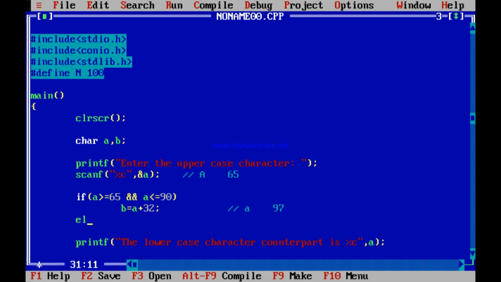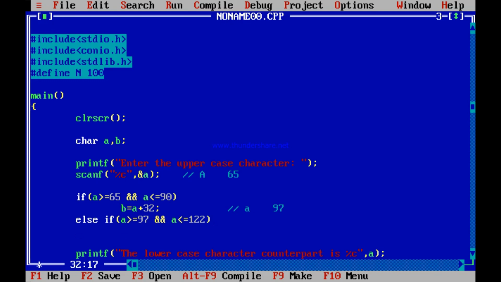Else, if this small a can have another range, it can be between 97 and 122, which means it is in the small range. In that case, you want to change it to a capital character, b equal to a minus 32.